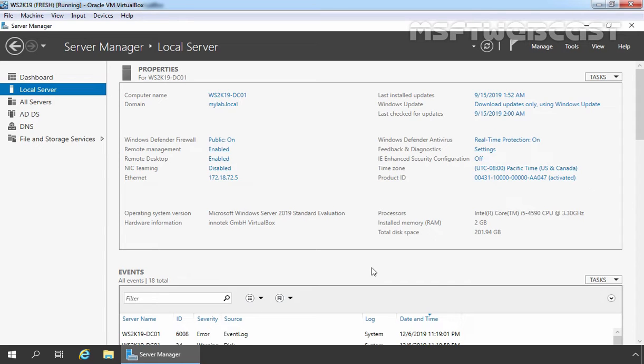In this video, we will see the steps on how to set up a remote desktop gateway server role in Windows Server 2019. In the last video, we have seen the steps to install and configure remote desktop services on a Server 2019 using Quick Start deployment. This will be the second part of that video.